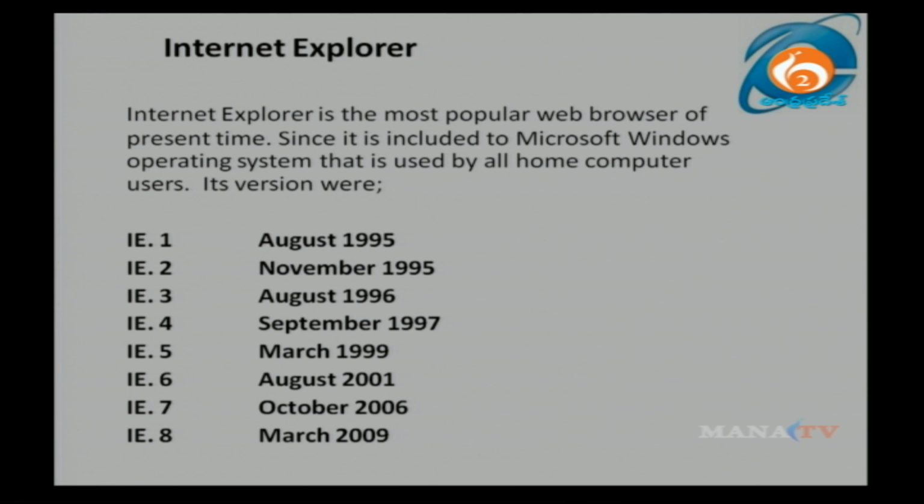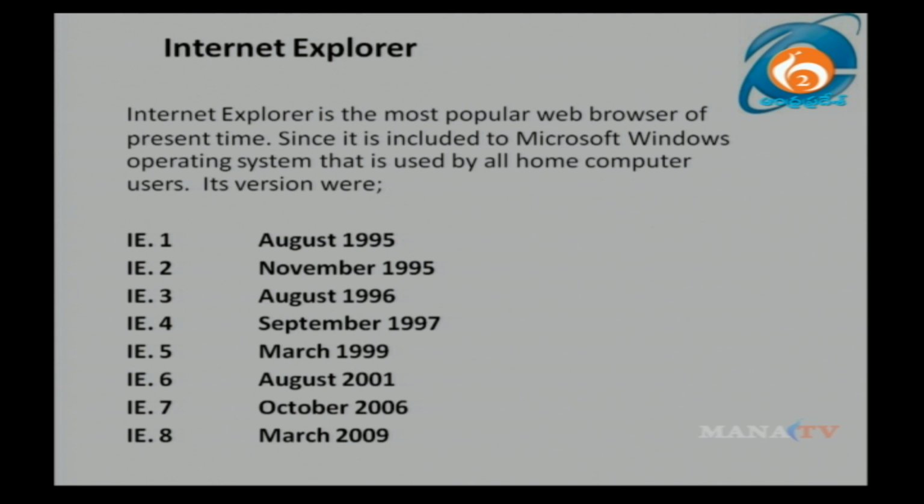Internet Explorer is considered the most used web browser, used by the majority of people in society throughout the globe. Since it is included in the Microsoft Windows operating system that is used by all home computer users, its versions were